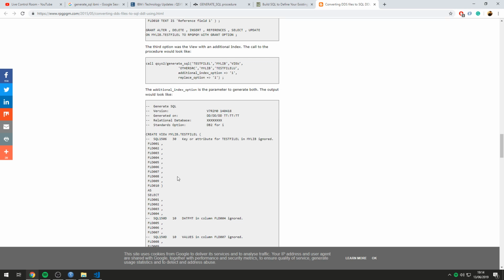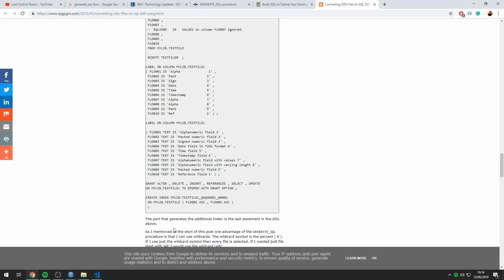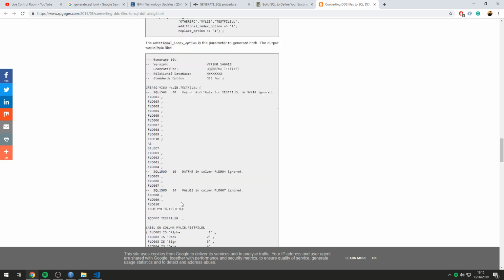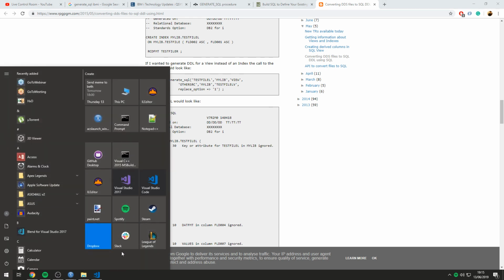I wonder what that does. Create view, create label, column, create indexed. Okay, so it creates the, that's nifty. Look at that. Now, I actually think I have a little bug in editor now, because if I go to